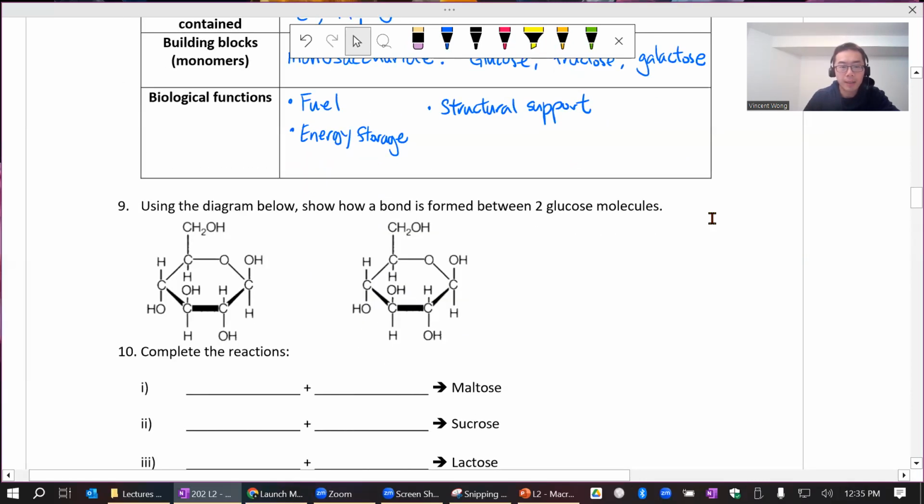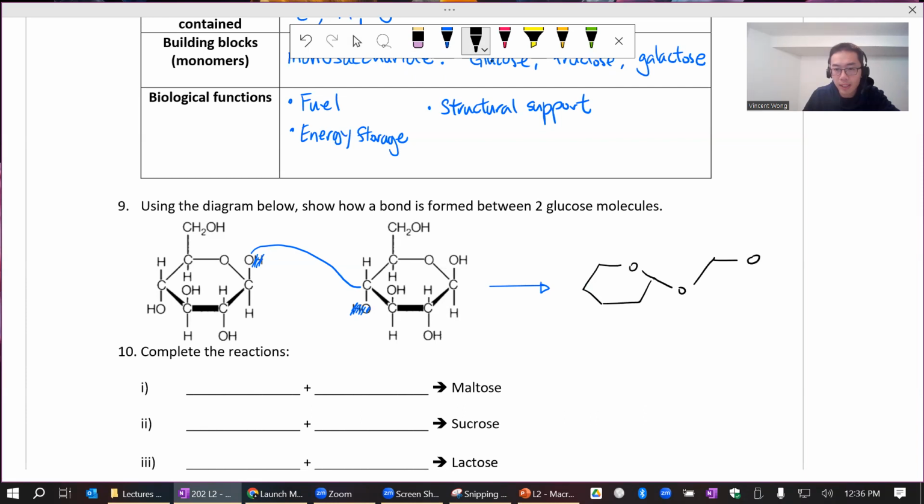Now in this diagram, we see 2 glucose molecules. And if we want to join them together, we will be removing an H from one of them, and then we'll be removing OH from the other. And then we're going to be able to form a new bond that connects them together, right? So I'm not going to ask you to draw things on the test, but it's a good idea to be comfortable with how these things are formed. And you don't have to draw the whole thing,